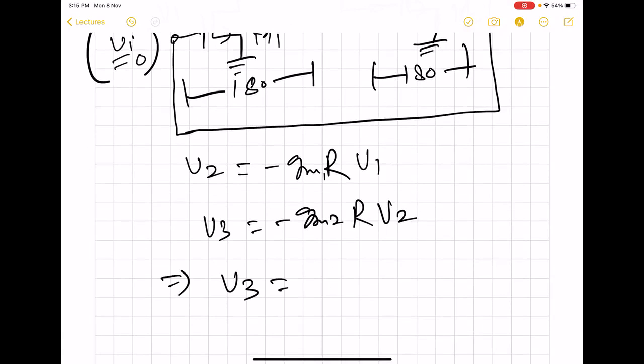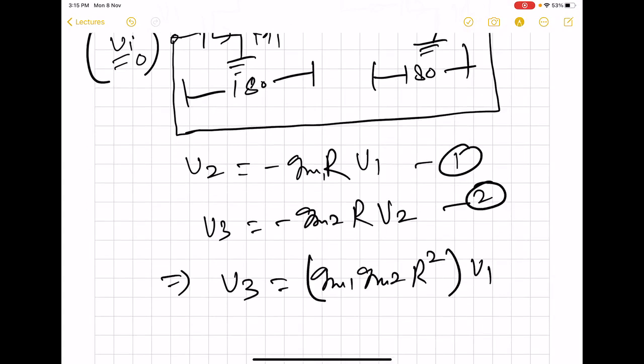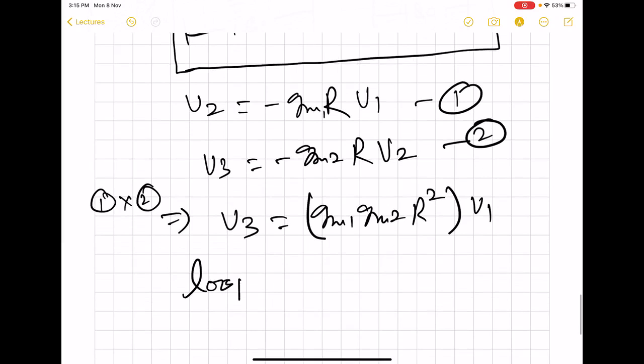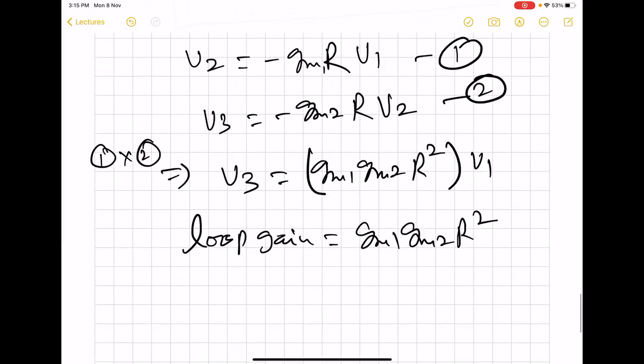So V3 in terms of V1 will be GM1 GM2 R square into V1, by multiplying these equations 1 and 2. So we get this. So here loop gain is equal to GM1 GM2 R square, and if we make this equal to 1,